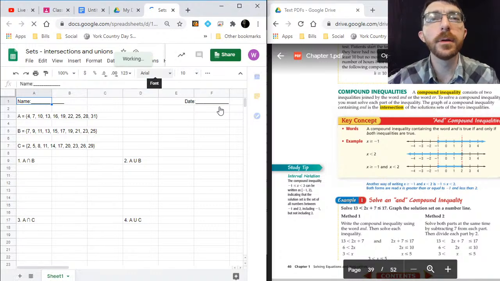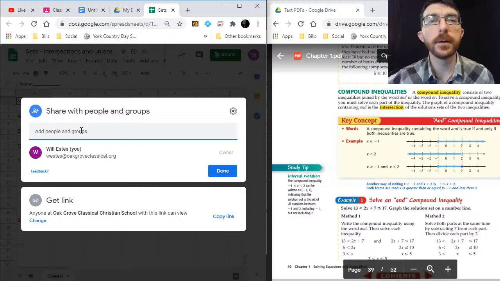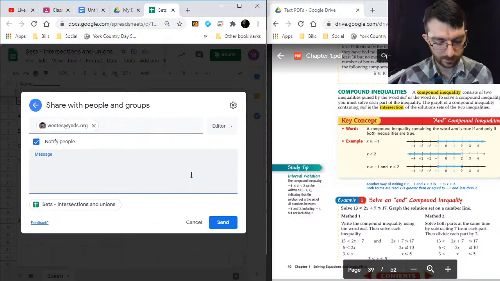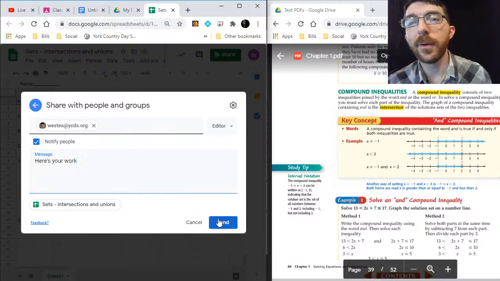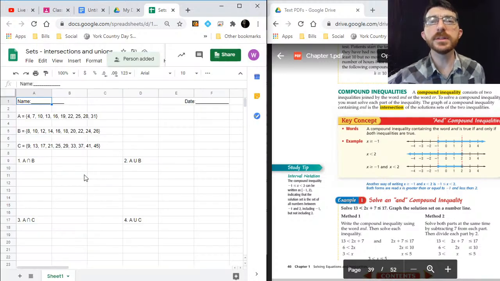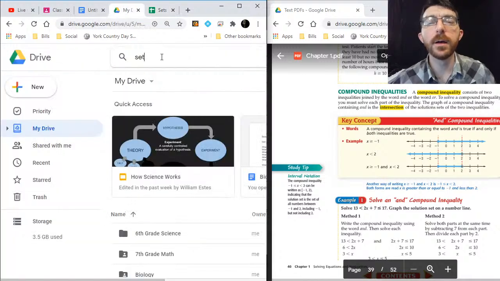So let me see. I'm going to share this with myself. Here we go. Here's your work. Okay, so yes. So this is an exercise sheet that I made for practicing intersections and unions. All right, now I gotta find the